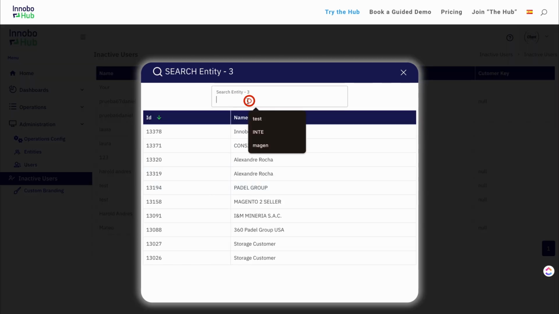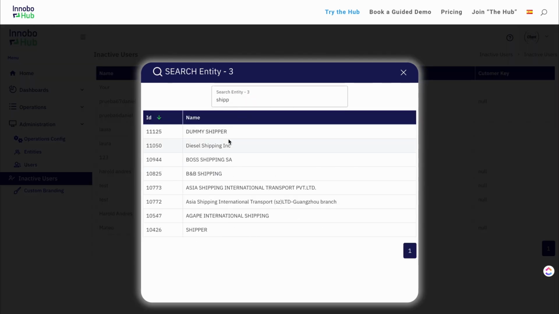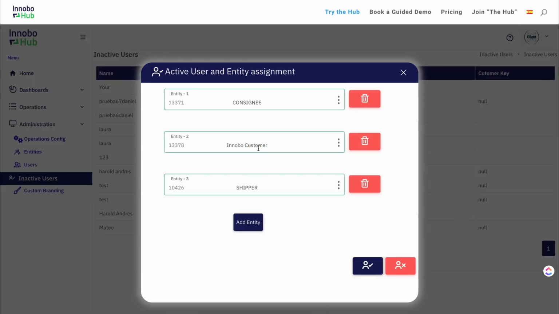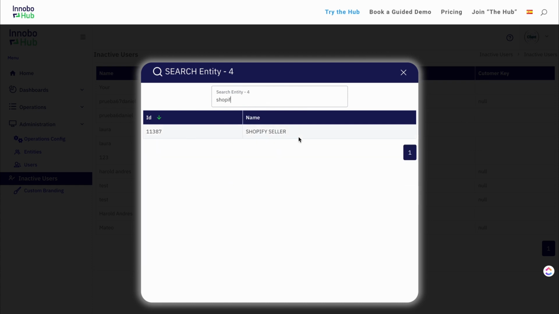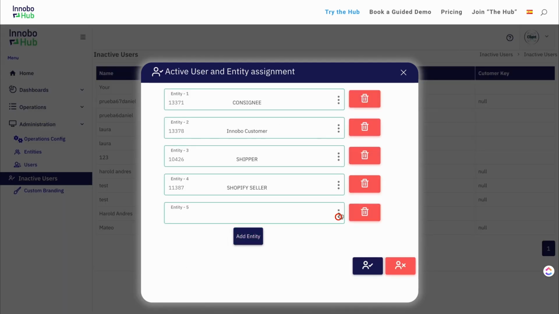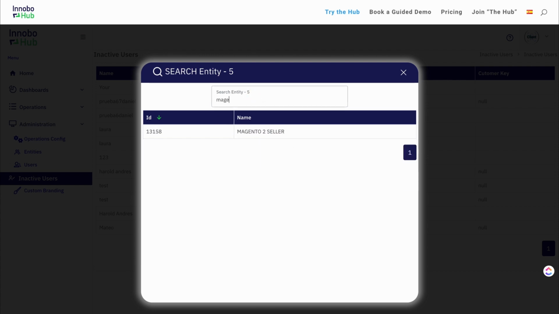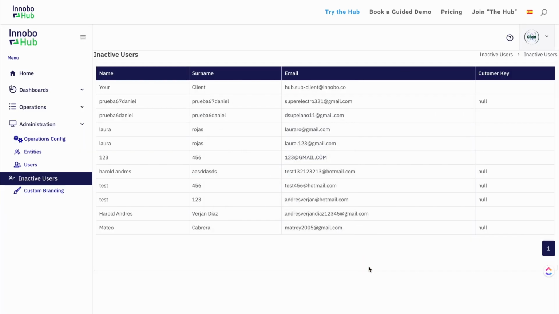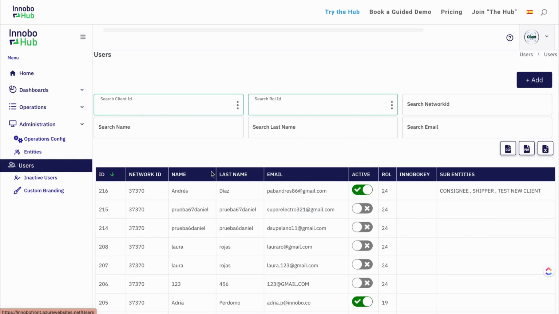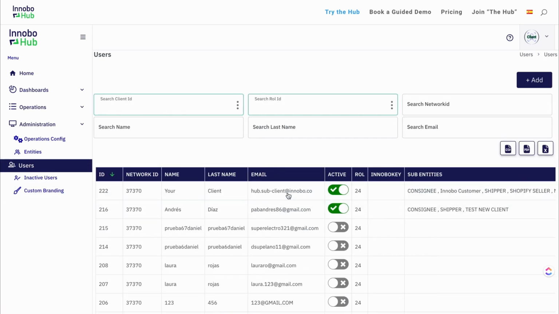I will do some examples here. Shipper, I will do Shopify Seller, I will do Magento 2 Seller, and you can do as many as you need, because sometimes your customers have involvement with several organizations at the same time. So as soon as you click on the accept button, on the check button, the user will disappear from this list. It will now belong to the active users, and then you will also receive an email,